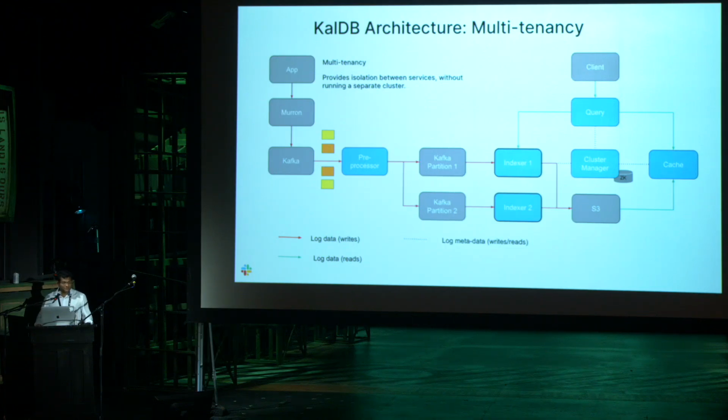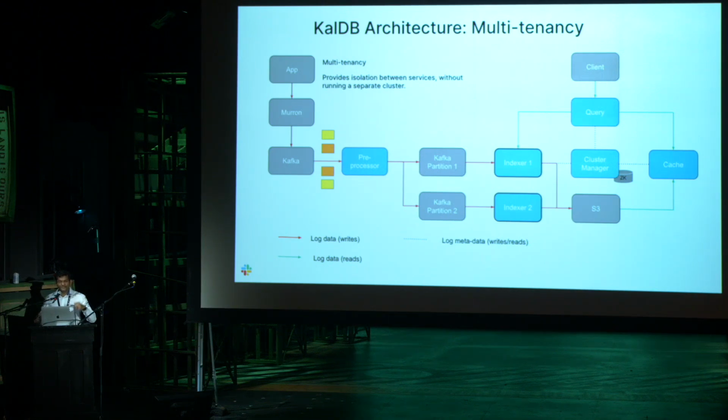So let's talk about another feature of KalDB, multi-tenancy. Currently, we have about 100 Elasticsearch clusters. Why do we have them? One reason is we have production, dev, and multiple AZs and multiple regions. That's one reason. But the other reason is that co-locating a very large log search customer with a smaller log search customer is actually an anti-pattern. The reason for this is as follows.